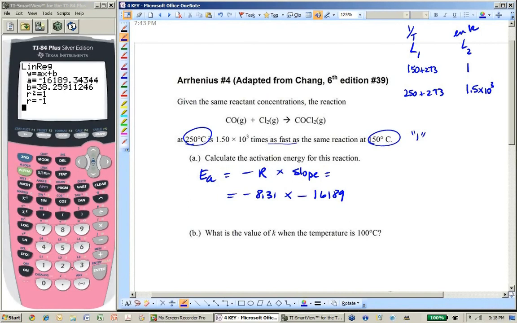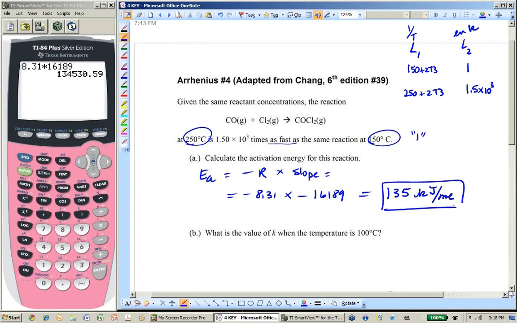That means I'm just going to ignore those negative signs. 8.31 times 16189, if I wrote it down properly, is going to be equal to 134.5. Let's call it 135 kilojoules per mole